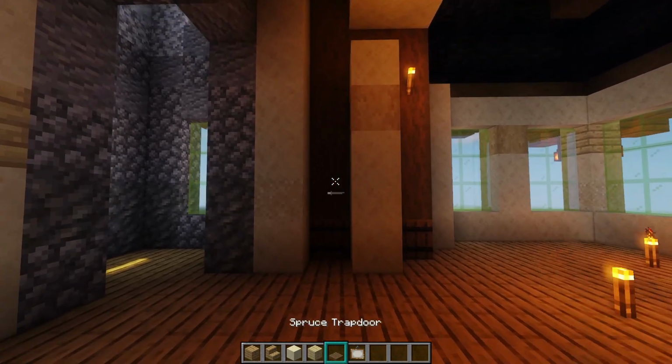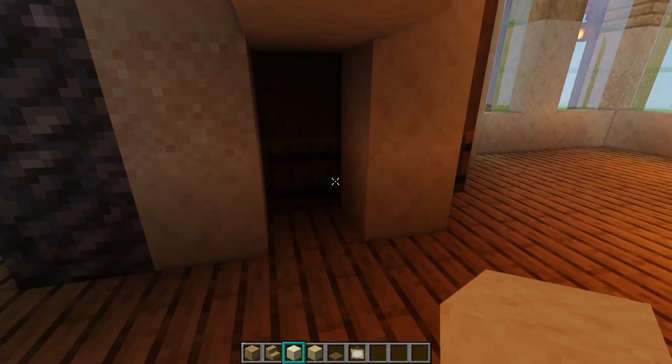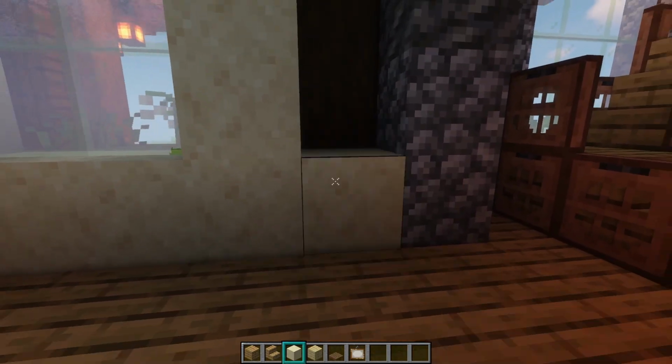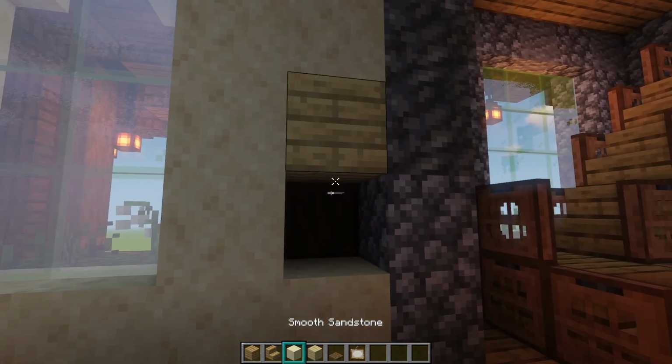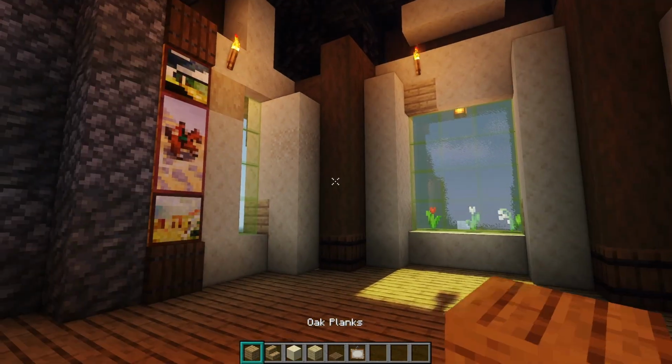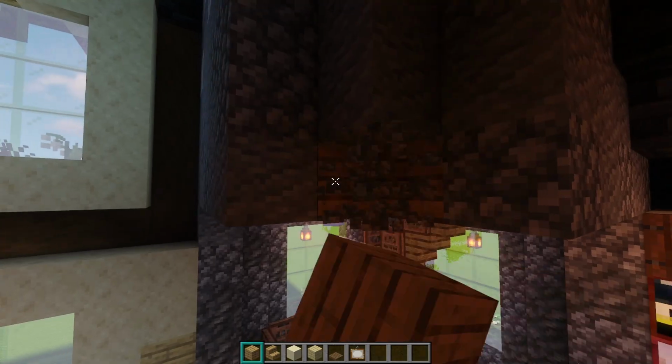And then this wall here can be plugged up. It's going to be covered up, so it's not the end of the world if you don't want to do like a radiant or whatever. And then this one can be just a little bit different. But that's it. Now for the ceiling, you want to grab some oak planks, and we're actually going to remove